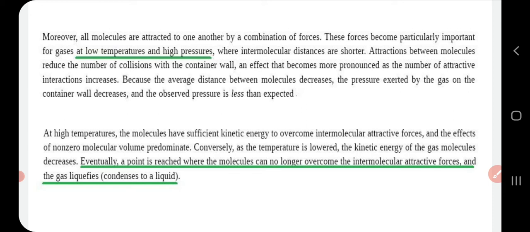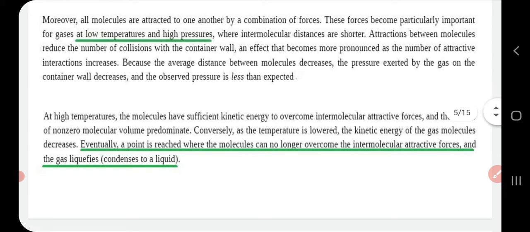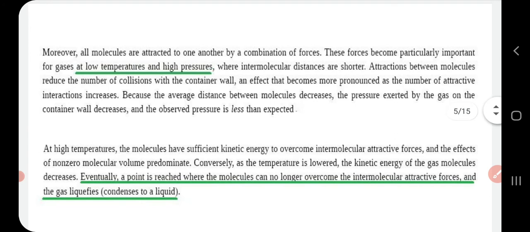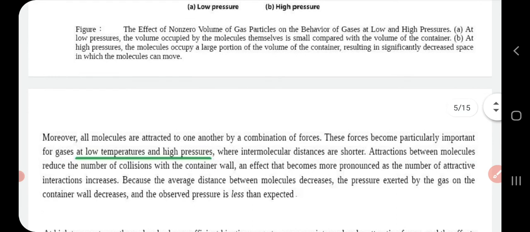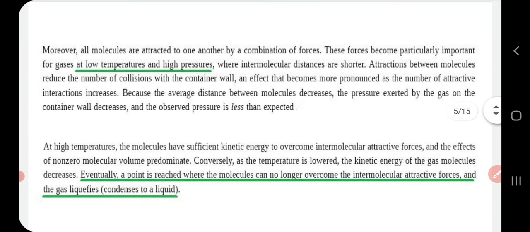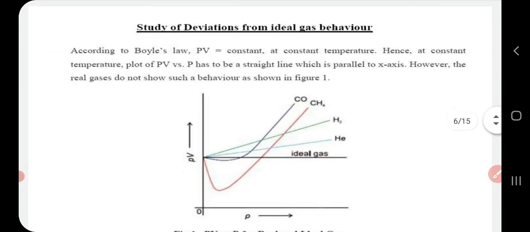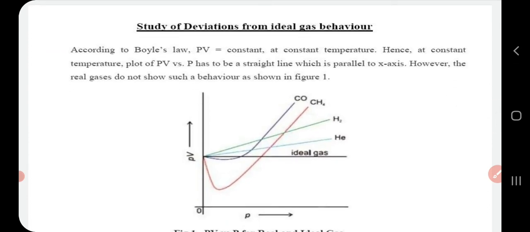So these are actually small paragraphs dealing with the behavior of real gases at high temperature, high pressure, low temperature, low pressure, etc. That is how the intermolecular forces will look, and how the volume will look, etc. So you can just go through these paragraphs, and if you want, you can write them down as points and learn. Okay, nothing more to explain. All these are simple sentences which you can read through and you will definitely understand their meaning. Hope it is clear. Now we will go to the next session, which is about the study of deviations from